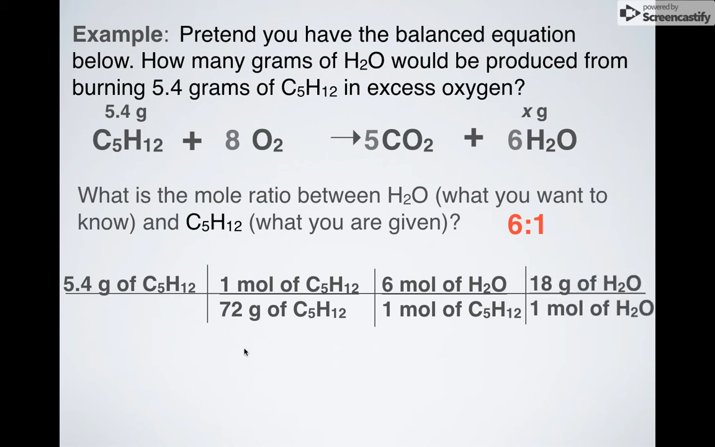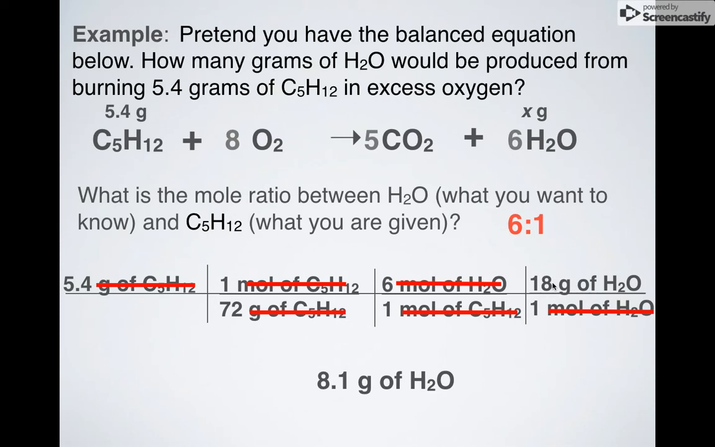18. Now notice, everything cancels, right? Grams of this cancels with grams of this. Moles of this, moles of this, moles of this, moles of that. So everything cancels and I'm left with just grams of H2O. You still want to write everything down though because you want to be consistent and not make any mistakes. So in your calculator, do 5.4 divided by 72, multiplied by 6, multiplied by 18, and you get about 8.1